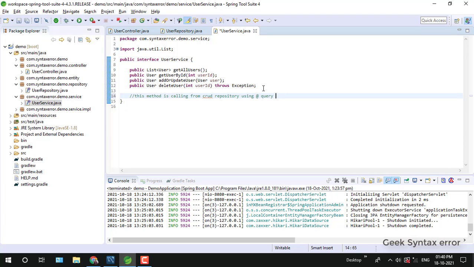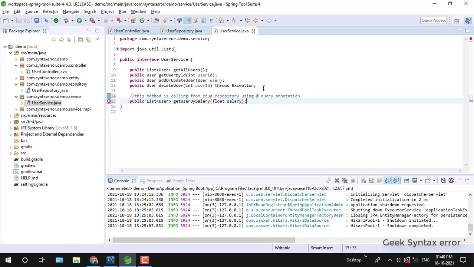I just add a comment over here, @Query annotation. Just create a method which will give us the list of users, get user by salary.